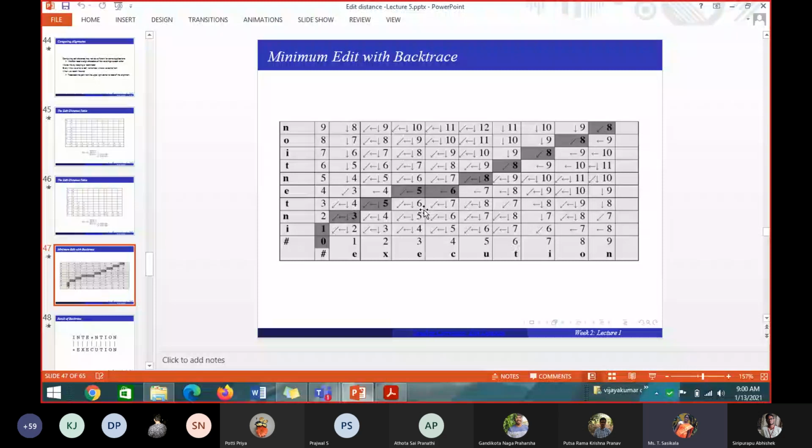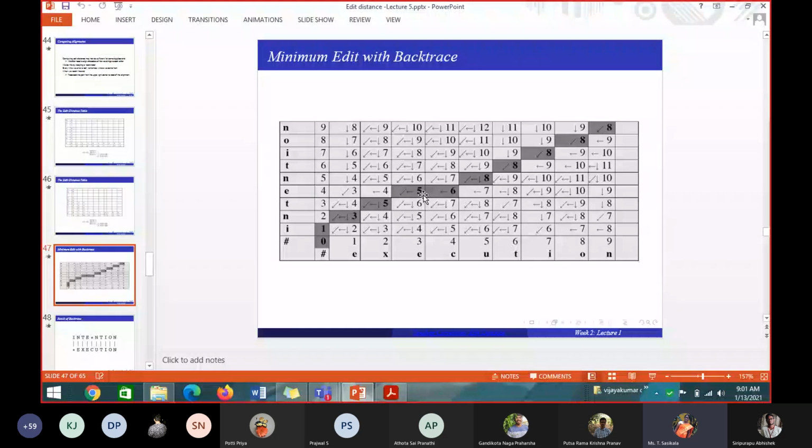So here I have 6 on the left side. Diagonal is 6 plus 2, 8. Down is 7 plus 1, 8. So which one is the minimum? The 6 is arrived from which one? Left side or diagonal or down? Left side. That's why, see, I have moved here. The 6 I have arrived from which one? 5 or 6 or 7? Can you tell me? 5. Very good. So put an arrow mark. The 6 I have arrived from this 5. That's why from 6 I have an arrow mark to 5. So can you tell me how I have arrived at this 5?